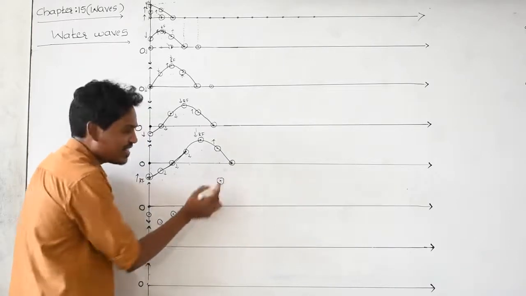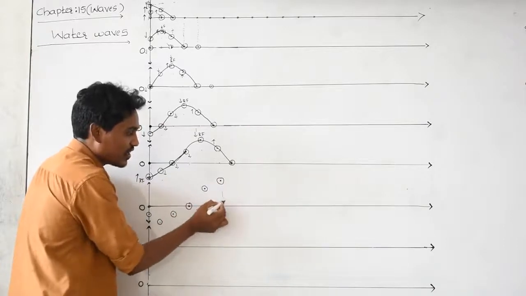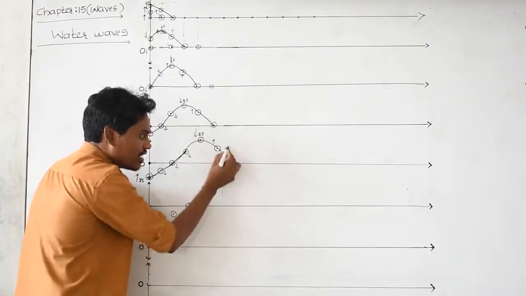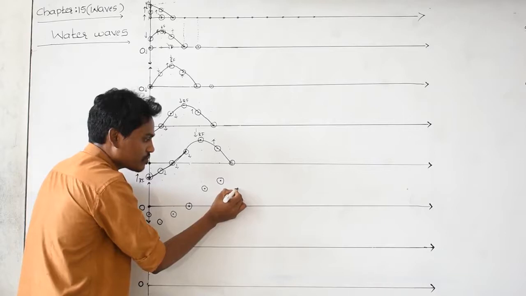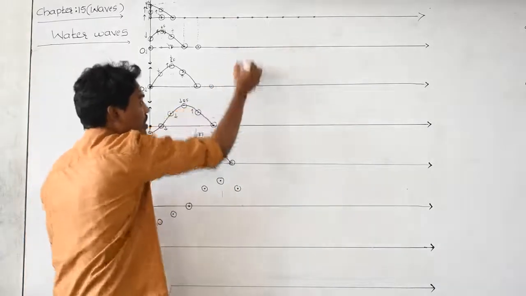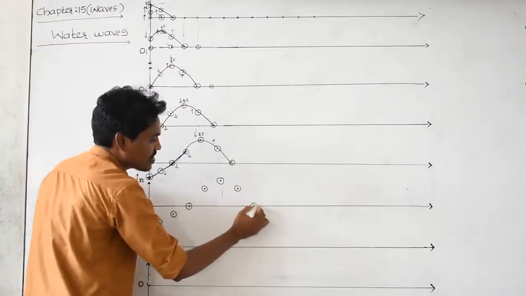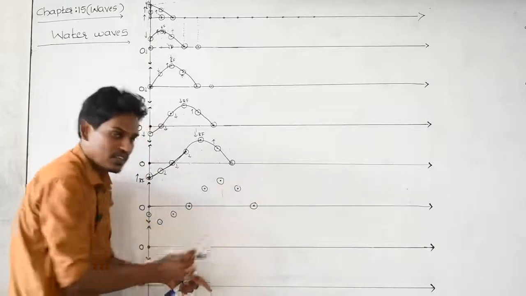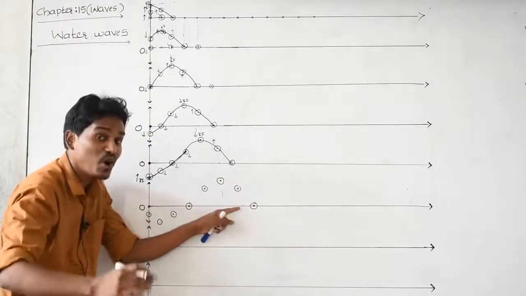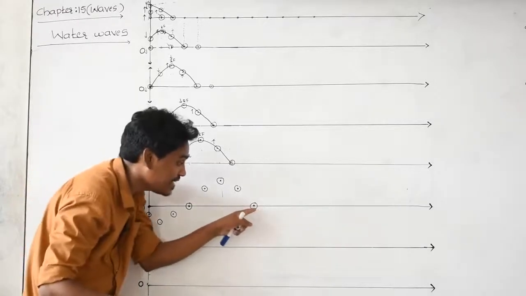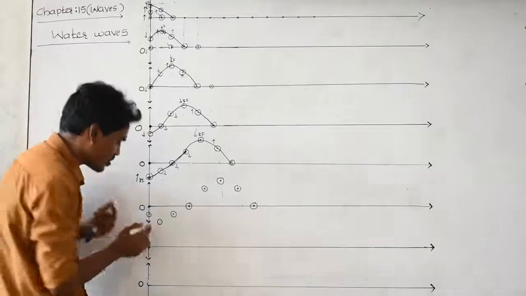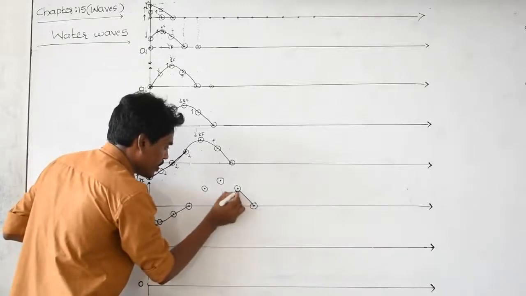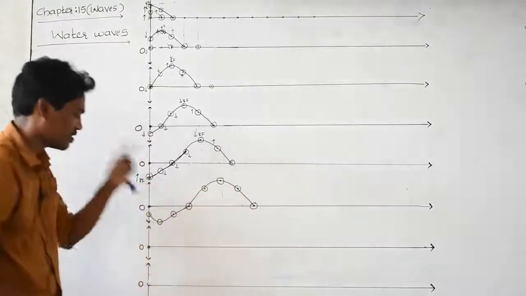And what about this particle? Because of the disturbance reaching this point, it is just rising up here. I am showing here, here to here it is rising. And what about this particle? It is still at rest. What is the reason? The disturbance created by the previous particle, which is vibrating, is not yet reached to this one. That's why it is at rest. See the nature of the wave. Are you getting? This is the nature.